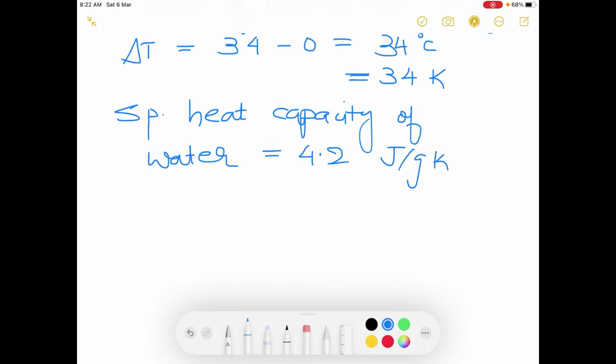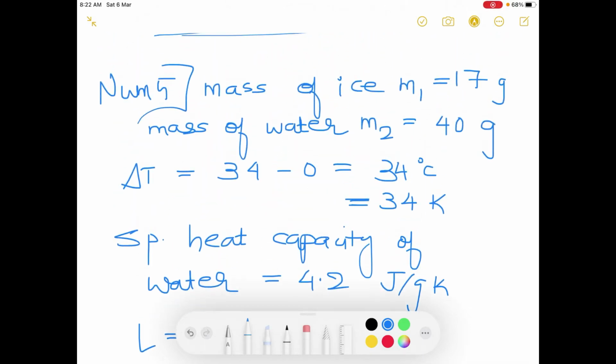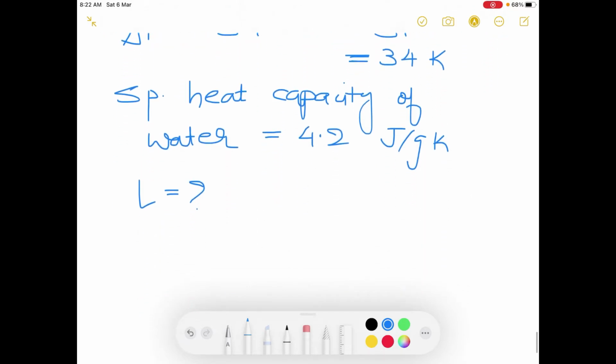Calculate the specific latent heat of ice, that means we need L. Specific latent heat of ice. State one important assumption made in the above calculation. Fine. So when 17 gram of ice is used to bring down the temperature of 40 gram of water from 34 to 0 degrees Celsius, its freezing temperature, one assumption we can make is that there is no loss